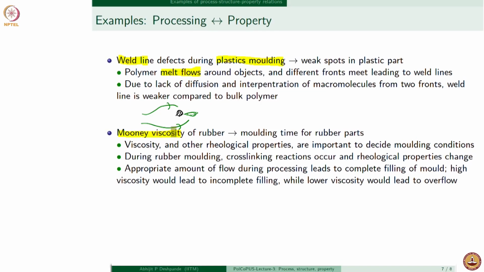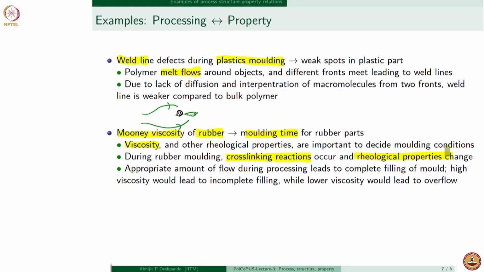important in terms of finding out how will we process it. For example, how much time will the molding operation take? Because starting viscosity will determine how the material is flowing and being shaped inside a mold. And more importantly, in case of rubber, as the molding is going on, cross-linking happens and viscosity changes as a function of time. So cross-linking reactions happen and rheological properties, which are nothing but flow behavior properties of rubber, keep